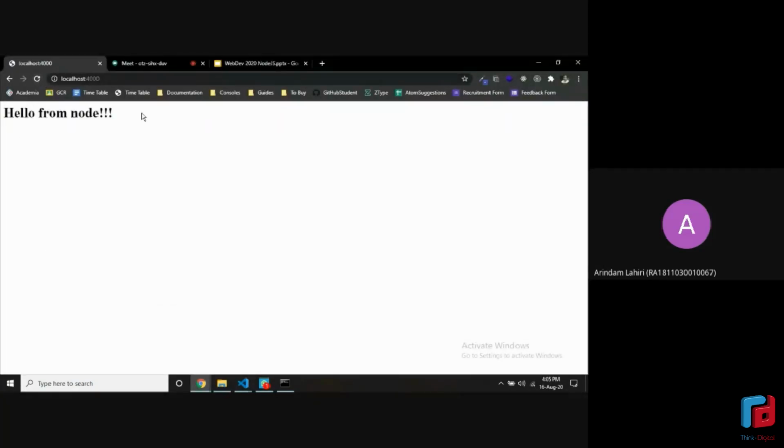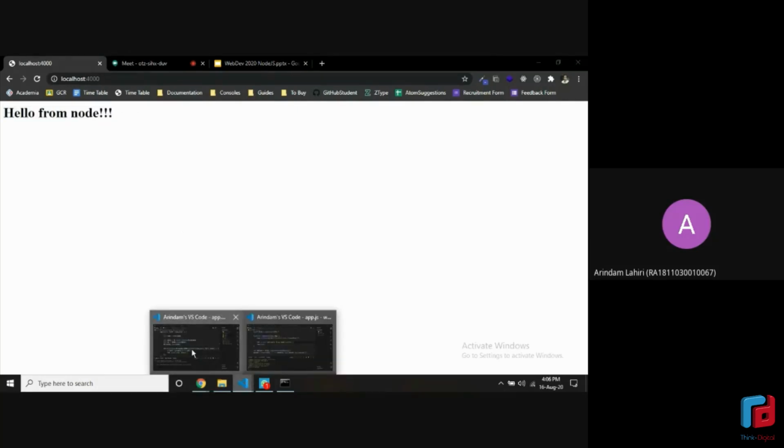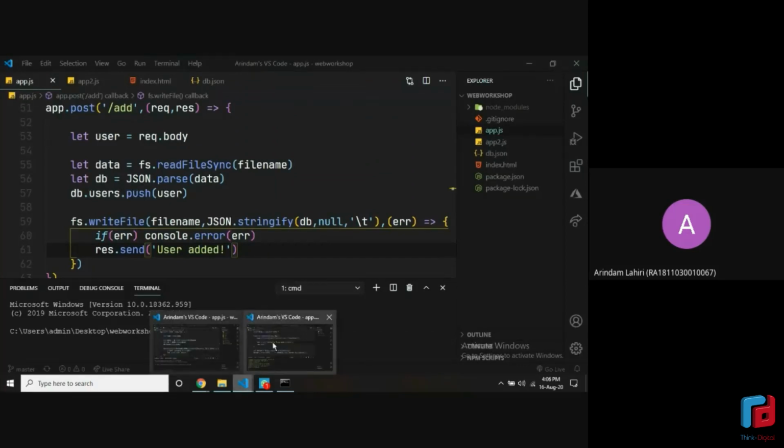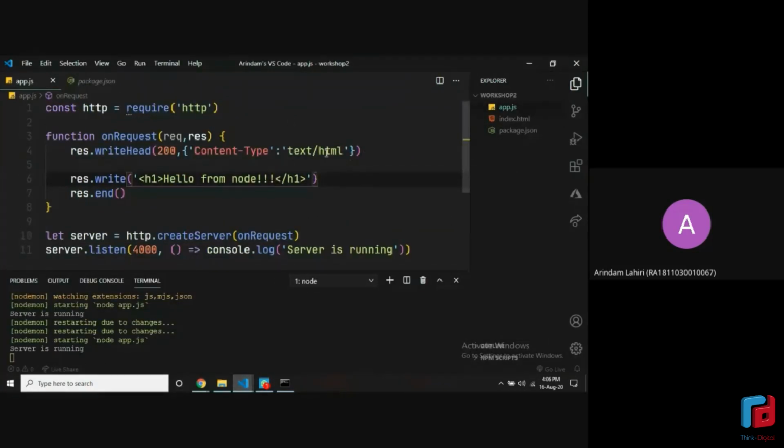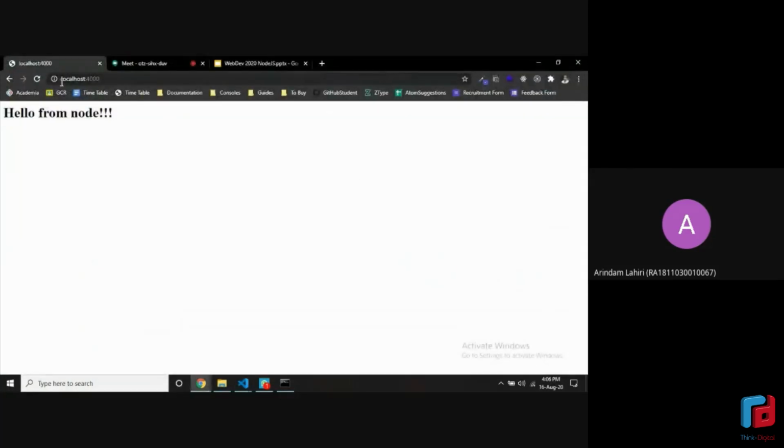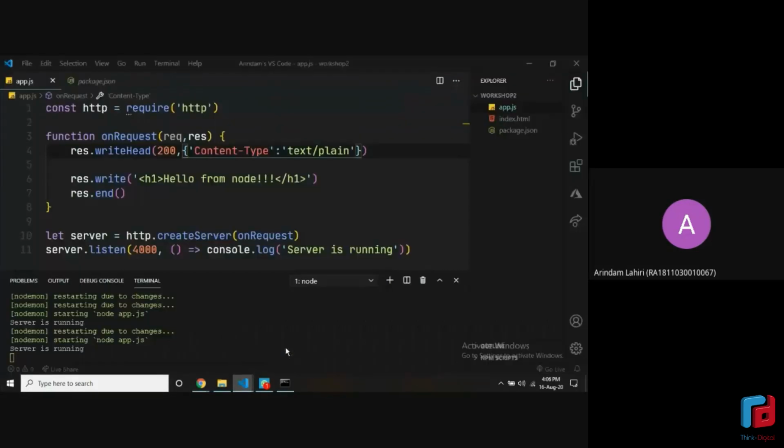Now this time, if you refresh, you will see that this comes up as larger text. And why is this? Because in the header, you wrote it as text/html. Let me just change it to text/plain and let's see the difference. Let the server restart. Right, 1 second. Yeah, so this time if you refresh, you can see it just prints out the actual text, whatever was written, even the H1 tags. So you don't really want it. So whenever you want to output HTML, just change it to HTML and not plain.